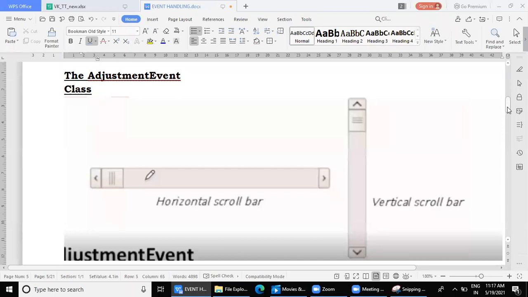By the general assumption, when you move on the scroll bar, there will be one block called, what is it called? Thumb tracker. Now, this is actually responsible for indicating the value of a scroll bar. So you may wonder why this value is required.